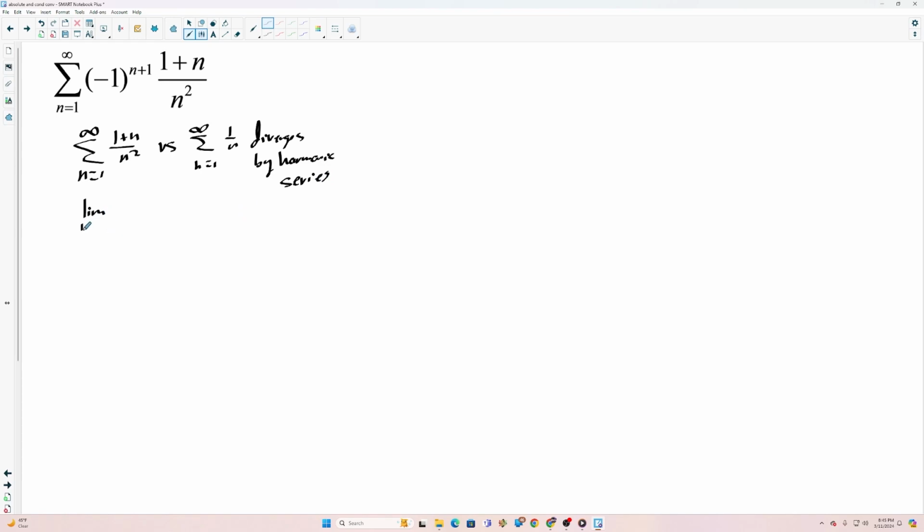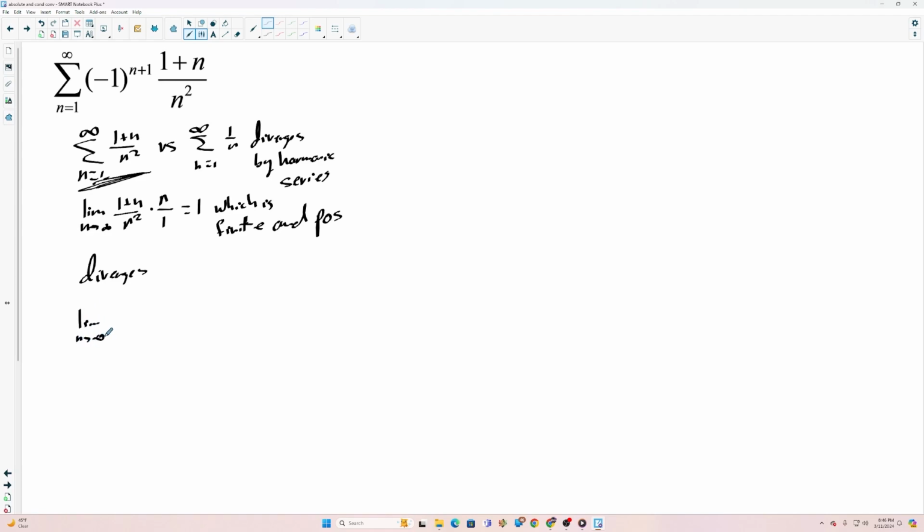So we should show the limit as n approaches infinity of (1 plus n) over n squared times n over 1. So that is equal to 1, which is finite and positive. So we can say it diverges. So what we're looking at right here, this one diverges here. So no absolute convergence. So now we're going to say